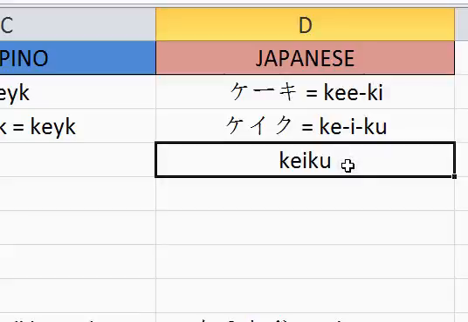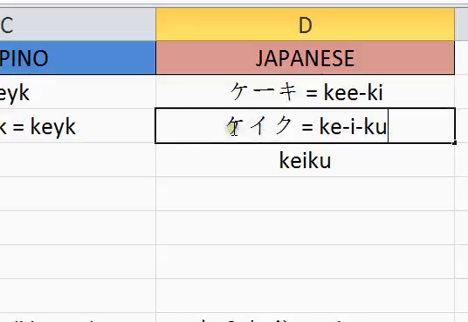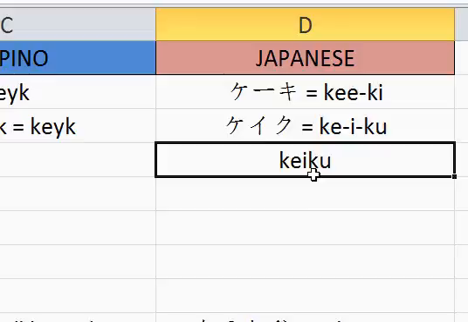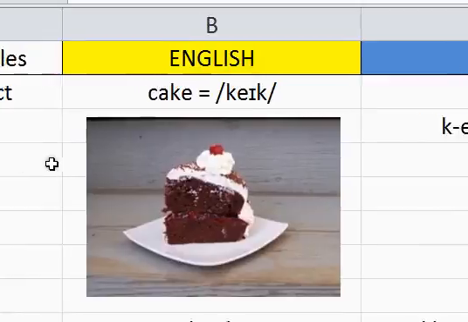Okay. I know in Japanese that's how you really do it. It's ke, i, ku. No, what we're going to do is squeeze them all into one syllable. So what we're going to do is read them as fast as we can. Okay. So we have keiku, keiku, keiku. So it almost sounds the same. If you use that as your foundation, you'll be able to sound out the word cake.